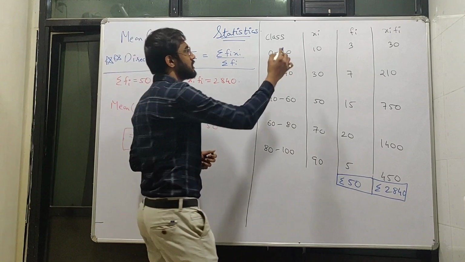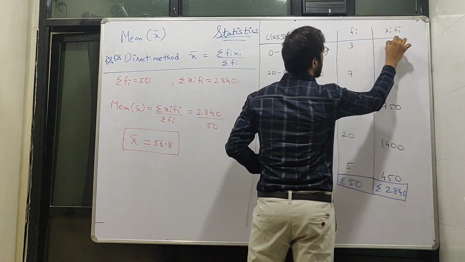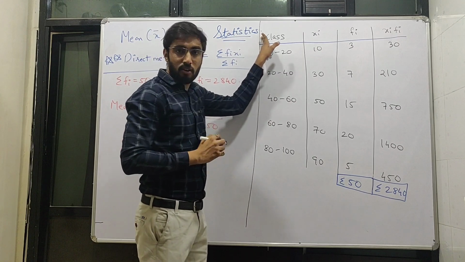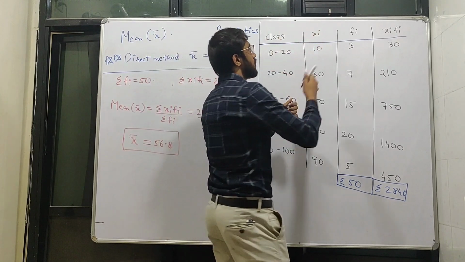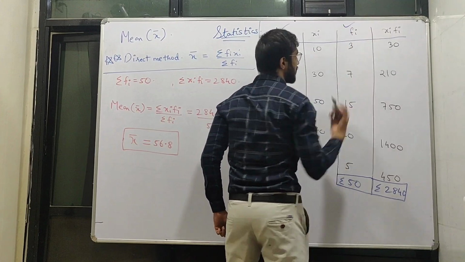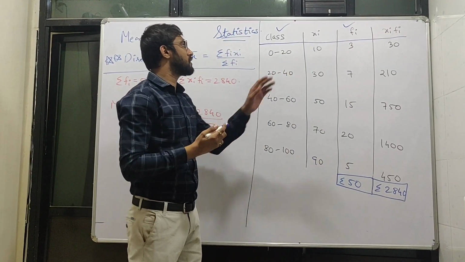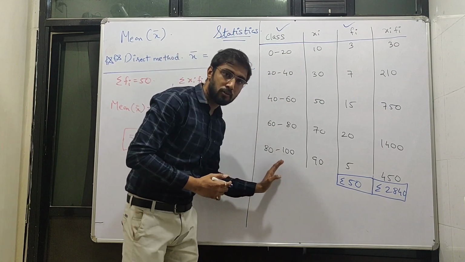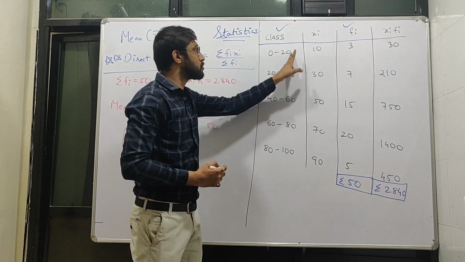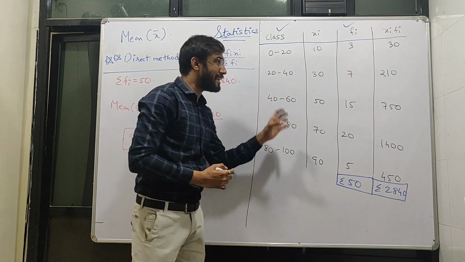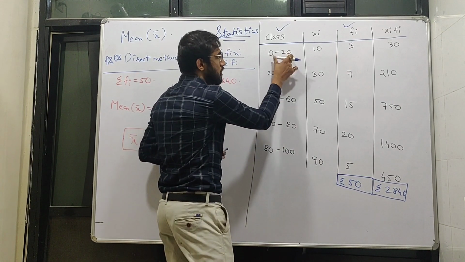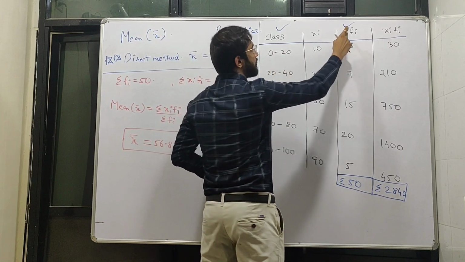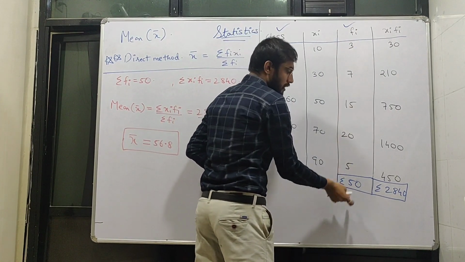Okay, we have our question here. In our question for our numerical, the class will already be given and the table for frequency will be given. So we have class here as 0 to 20, 20 to 40 till 80 to 100. The interval is of 20. Then the frequency table will already be given.